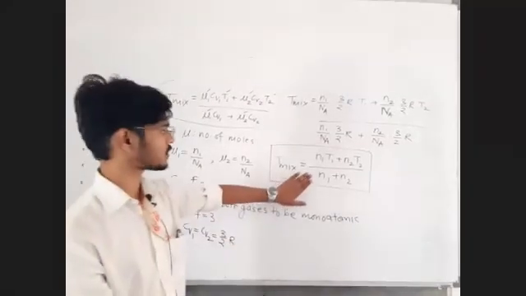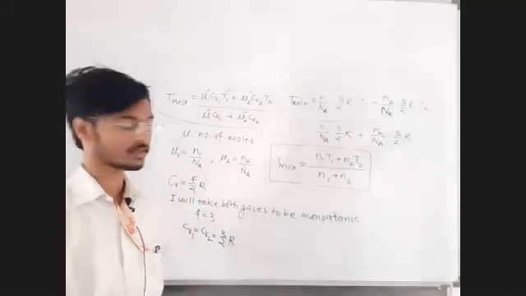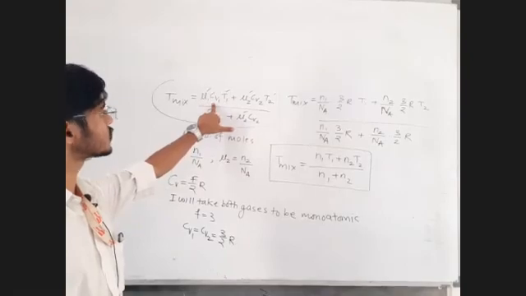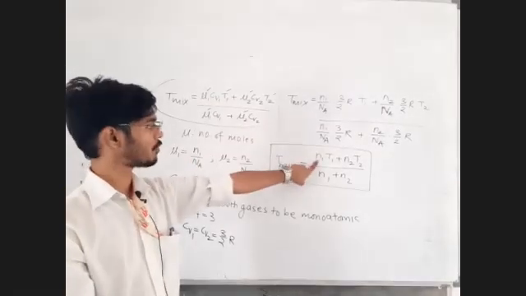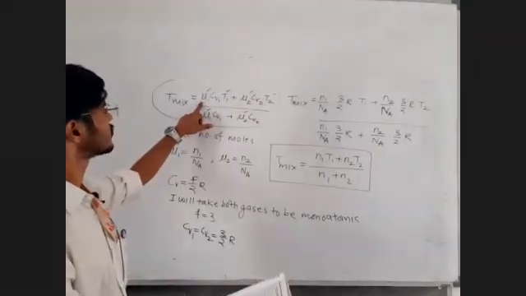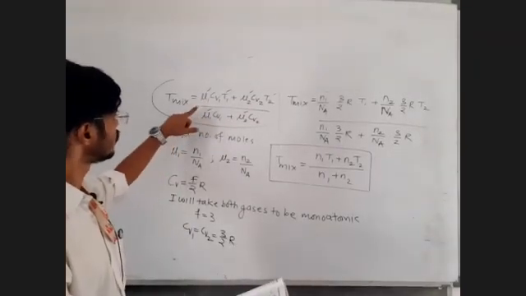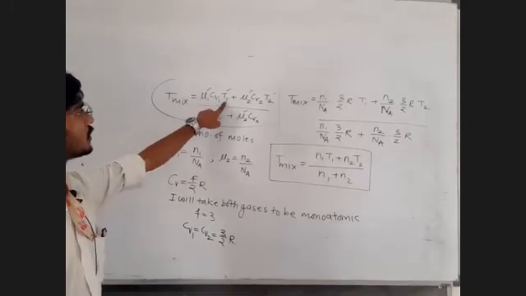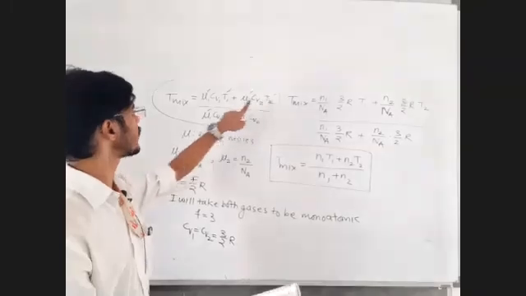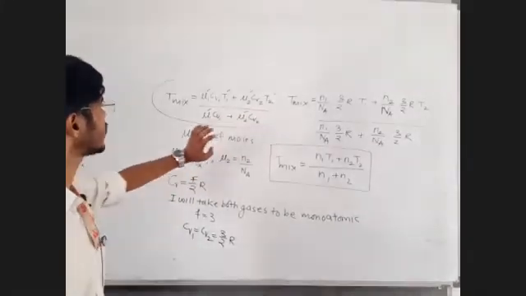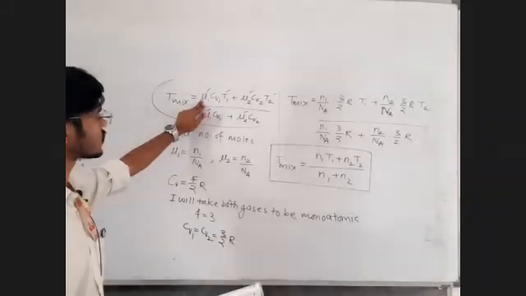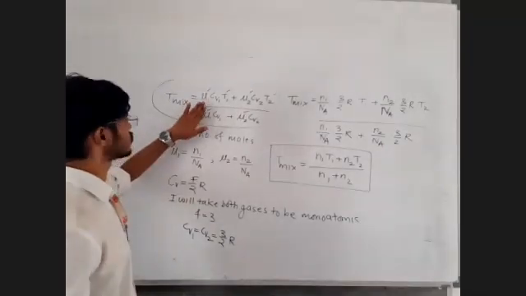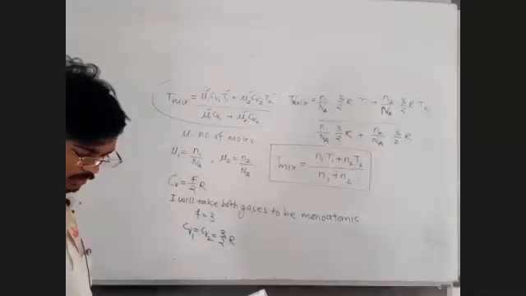See, their answer and our answer are matching. Okay, their answer and our answer are matching, but this is not the general formula. Okay, this is a general formula. And see the notations they have used. N is the number of molecules they are using, and here mu we are using as the number of moles. Our formula was N1 CV1 T1 plus N2 CV2 T2 divided by N1 CV1 plus N2 CV2. But in that case N was the number of moles, but that N they have already used for number of molecules, so we will use mu for number of moles. Okay, shall we move on to the next question?